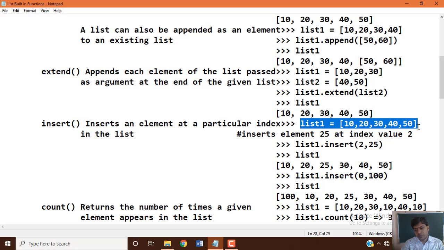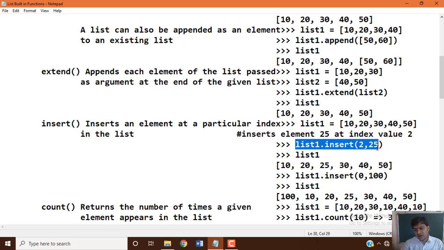Now we want to use the insert built-in function: list1.insert(2, 25). There are two arguments: 2 is the index number and 25 is the data element.